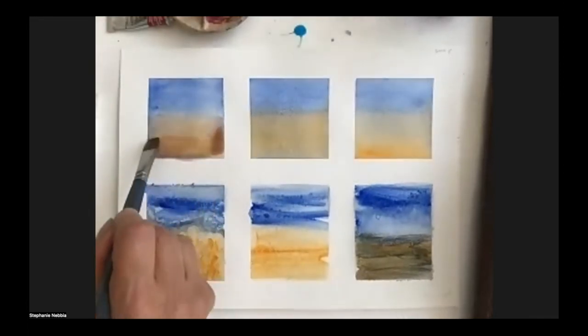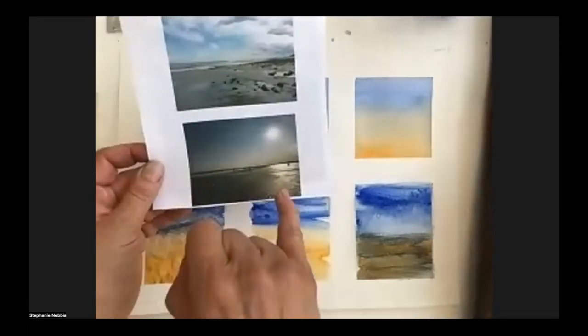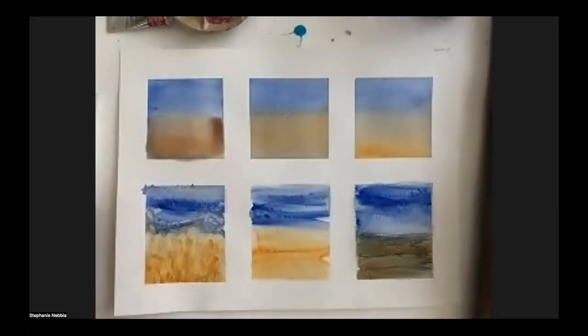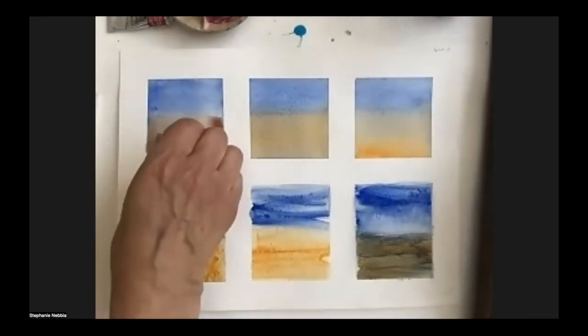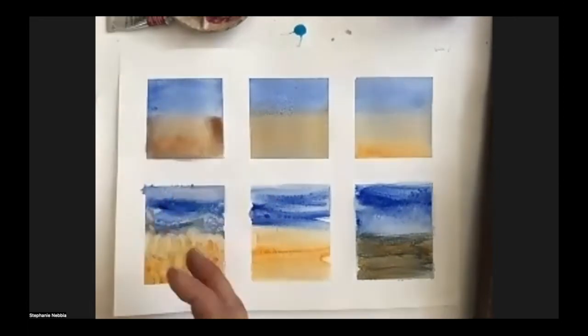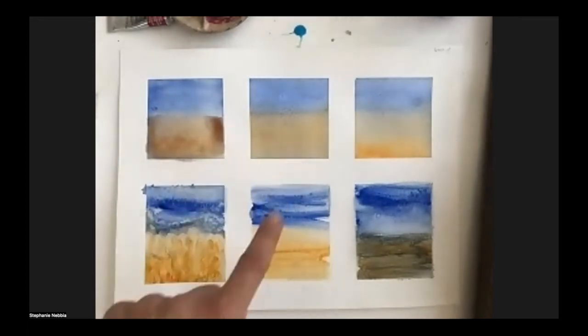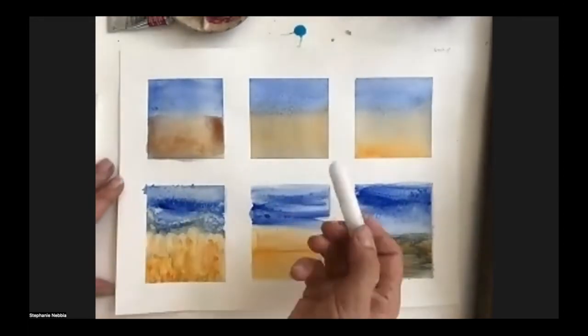distinct. And I'm just going to add a little bit of salt here, because I'm going to think back to one of my earlier images and these textures that can be found in the foreground. So you can use the salt not just in the first layers, but also when you're working back into them in the second layers. And in this one here, I'm going to work back into it with a little bit